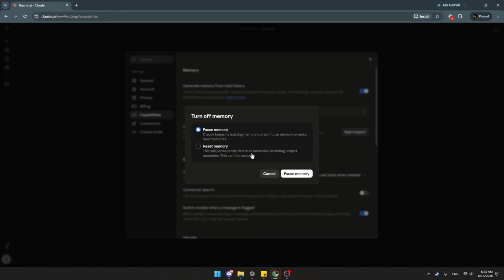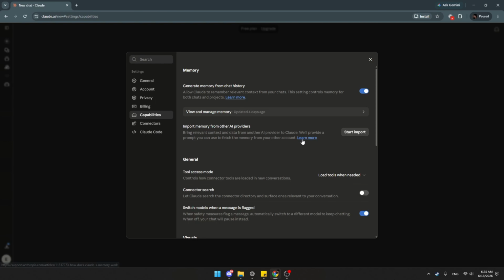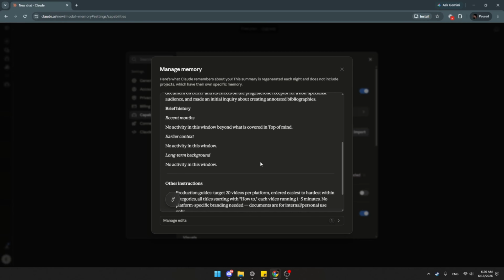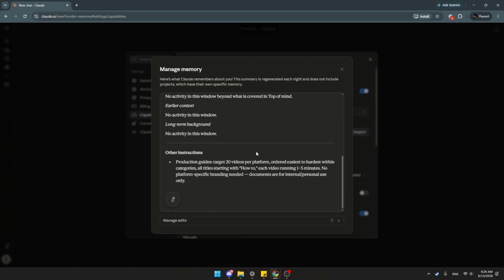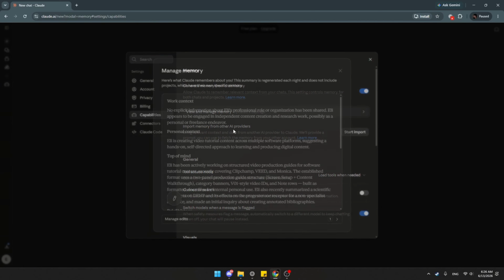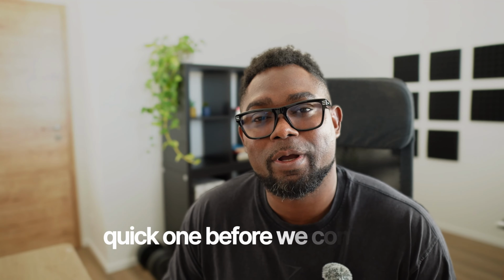As you can see, there's an option here to reset the memory, which will permanently delete all the memories, including project memories. So doing this should remove all of your personal data that Claude has generated. If we go ahead and click here on manage memory, as you can see, Claude has generated a sort of profile about me that it uses when generating a response. So for some people, this can be helpful, and for some people, they would rather not have their personal data on the internet. So if you'd like, you can go ahead and